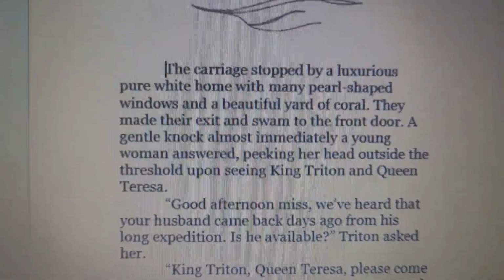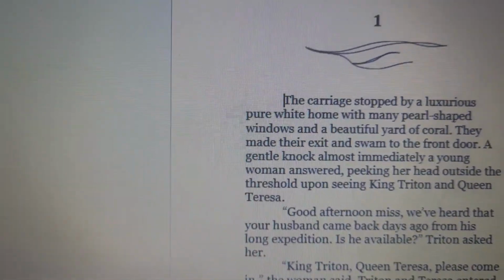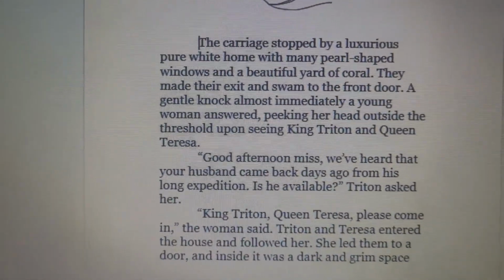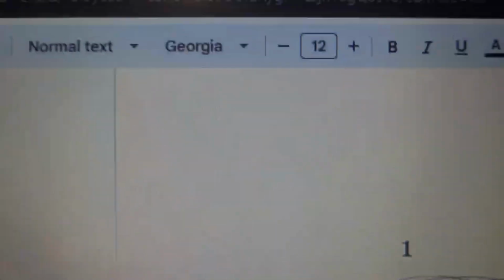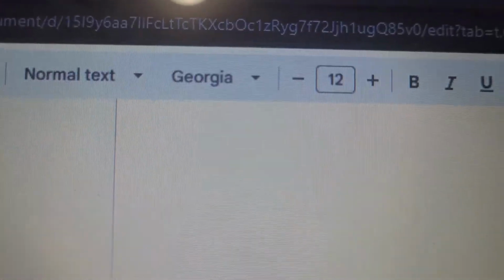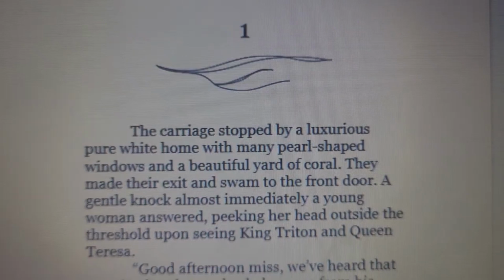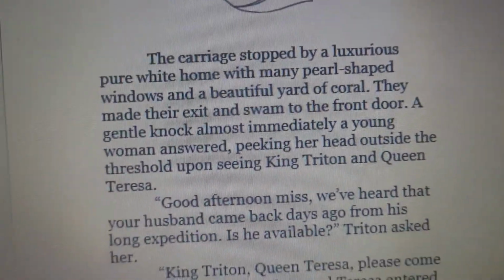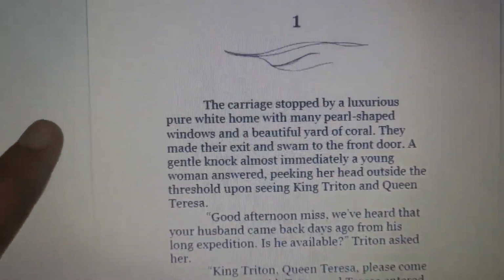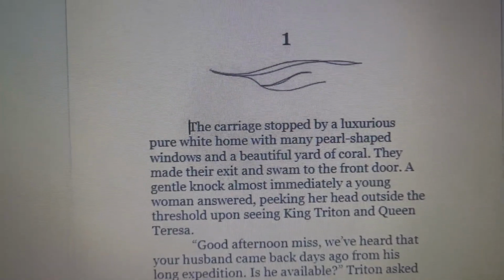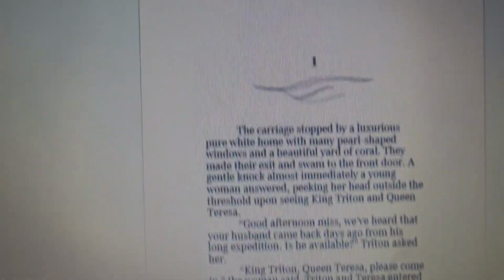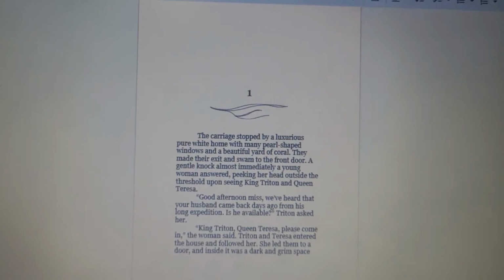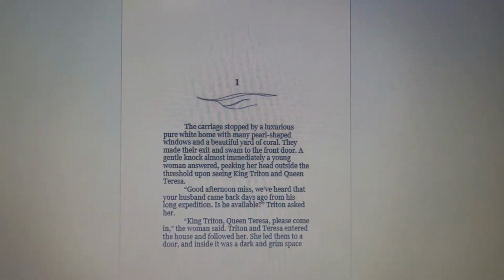Speaking of that, I am going to talk about the font. The font did change to Georgia right there. I also adjusted the headers as well. With this one, I'm going to put this as 75. As you can see, I changed the first page completely.